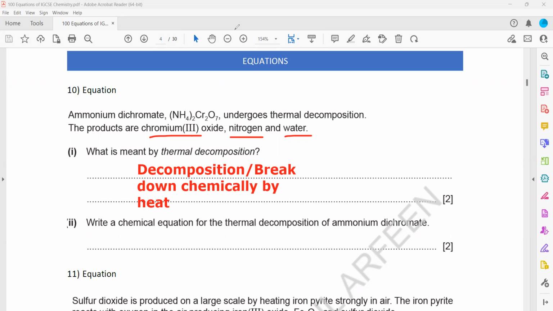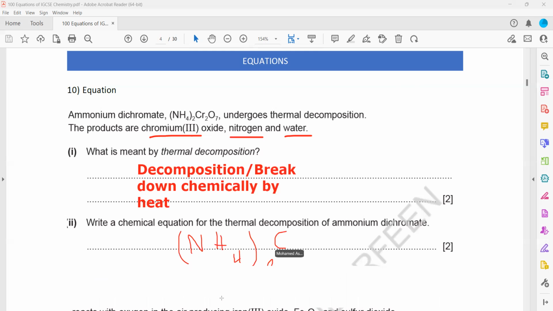Now, write a chemical equation. So we have to complete the equation. The first thing, we have the compound, and thermal decomposition means we should have one reactant and more products. And the formulas of the products are given. The important part is first completing the right equation and then